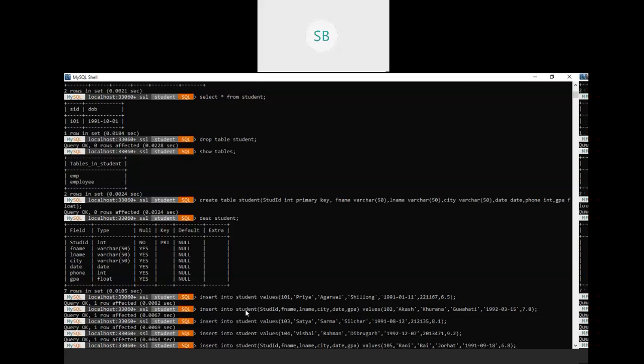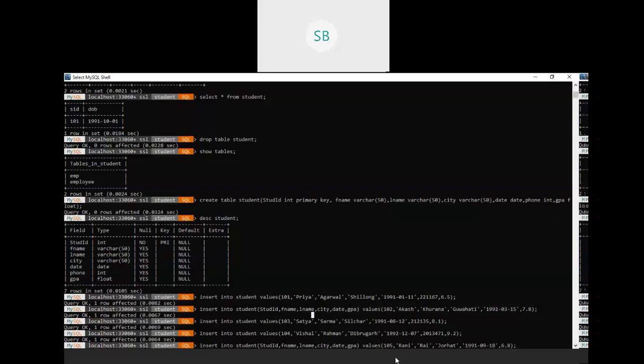And when you make it specific here, that means we will enter values only into these specific columns. So here in the second column, we are not entering phone number. When we are not entering phone number, the default value for phone number is null.